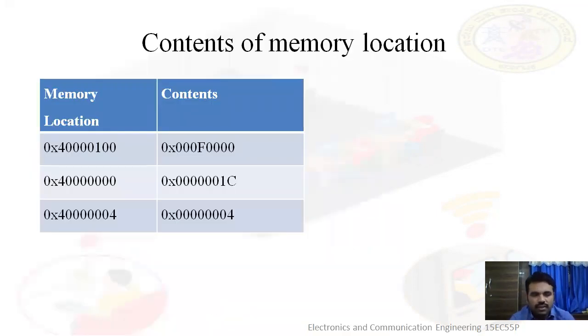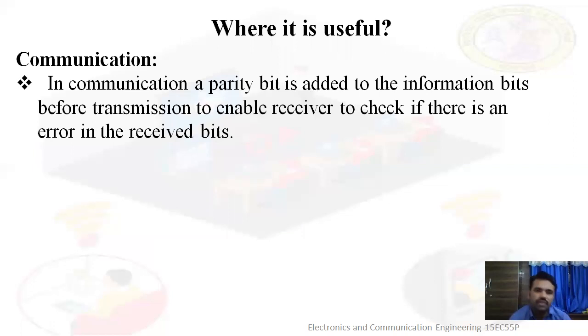Now just observe this. We have given the input at 40000100. That is for checking. We have given this simple number, and it has to work for any number, of course. So the result, that is the zeros count, appears at 40000000. That is 1C, which is the hexadecimal equivalent of 28, and the ones count is stored at this particular memory location. That is how many ones there are in this particular number. That is 4, right?